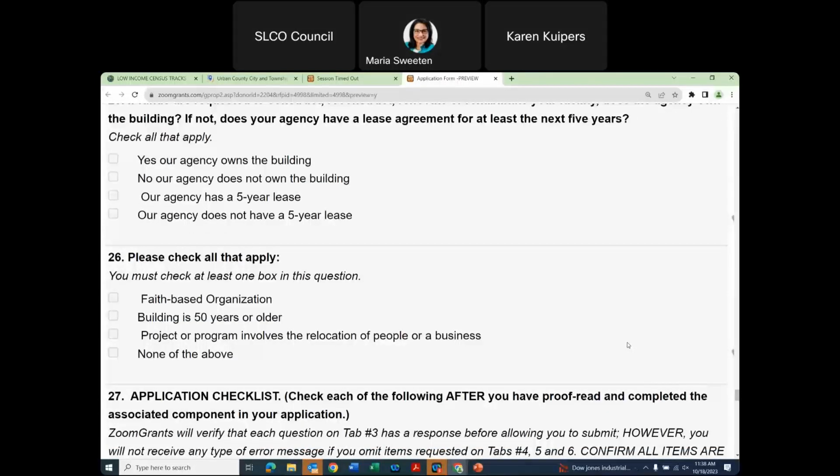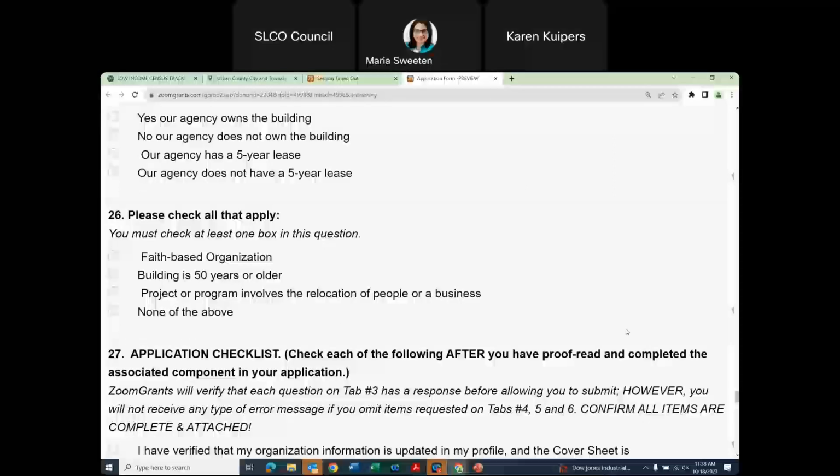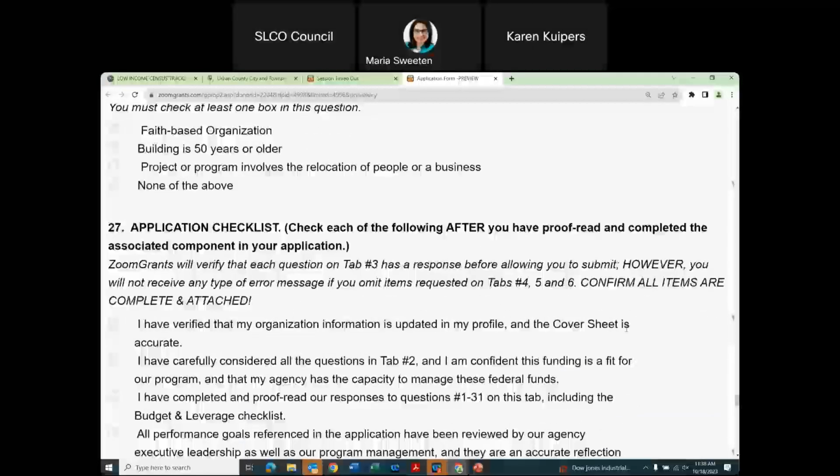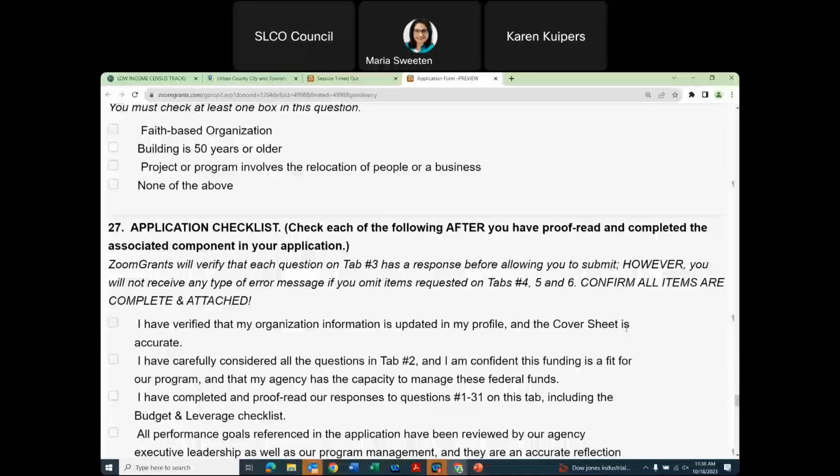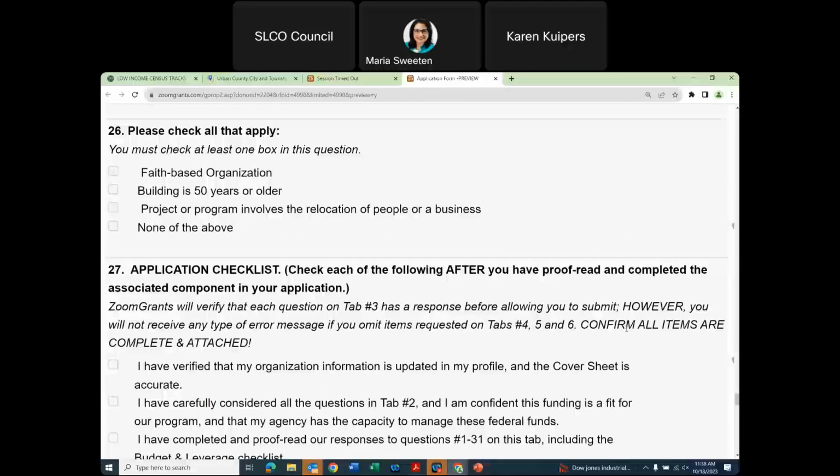When we are working on the environmental review, there's an additional step that we need to take if it is a historic property. So we identify that at the very beginning. Again, if this project or the program involves the relocation of people or a business, we do need to know that up front, because there are